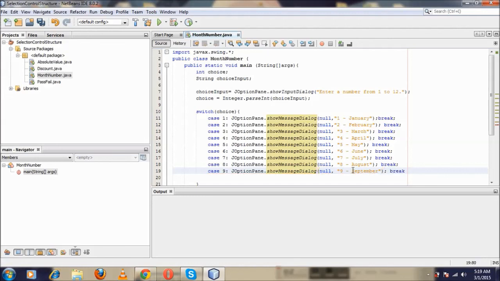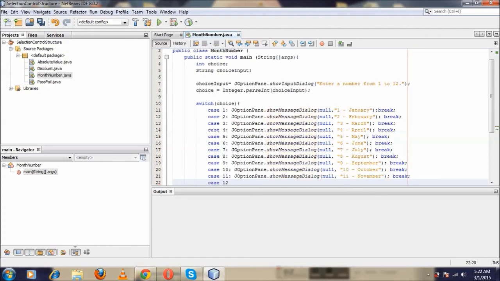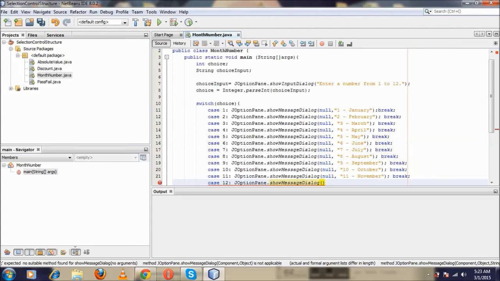Case 10: JOptionPane.showMessageDialog(null, "10 - October"); break; Case 11: JOptionPane.showMessageDialog(null, "11 - November"); break; Case 12: JOptionPane.showMessageDialog(null, "12 - December"); break;